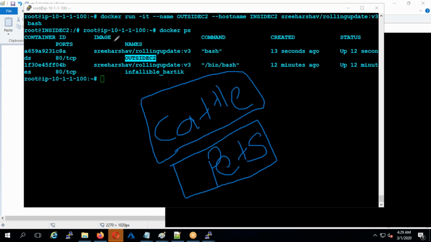So you need to treat the containers as cattle, guys. That means these things will keep on going and coming. When I explain to you about Docker Swarm, at the back end, you have a lot of containers. Whenever there is a requirement, the number of containers will increase. Whenever the requirement